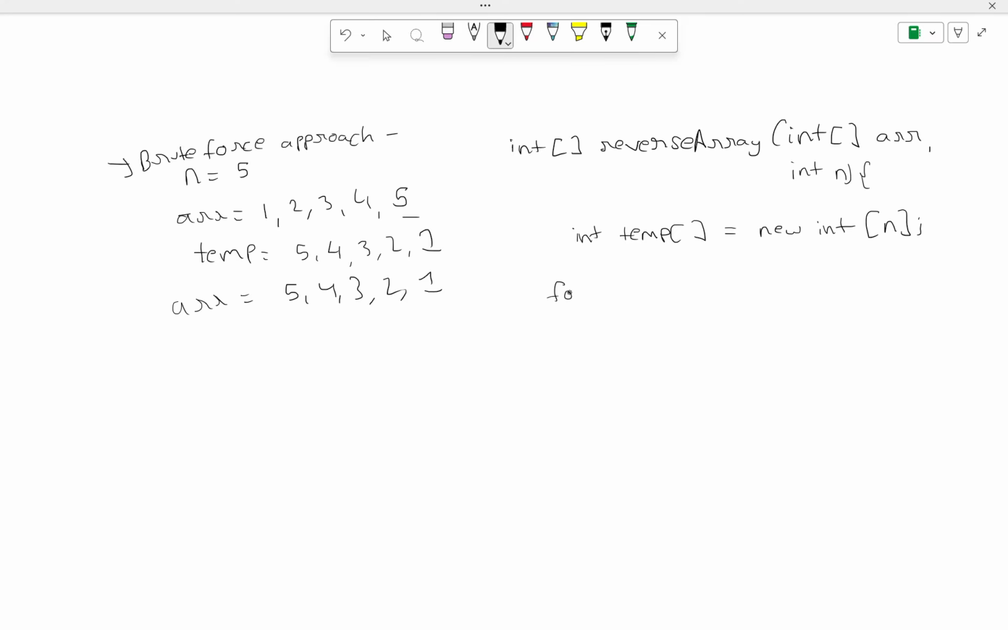So what I'm going to do here, for loop, int i is equal to 0, i less than n, i plus plus. Okay, so what I'm going to mention here, suppose I'm taking a j variable, int j is equal to n minus 1, for accessing the reverse element of that array. Okay, so I'm just copying the value, temp of i is equal to